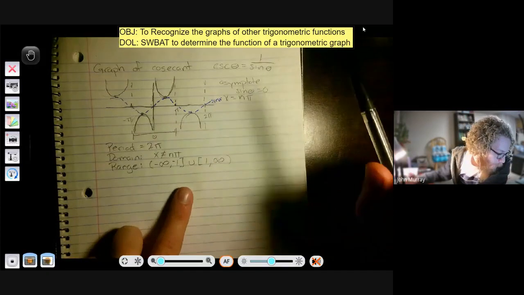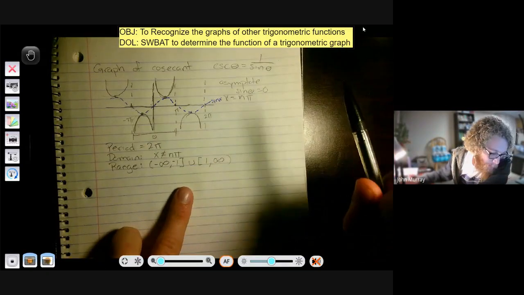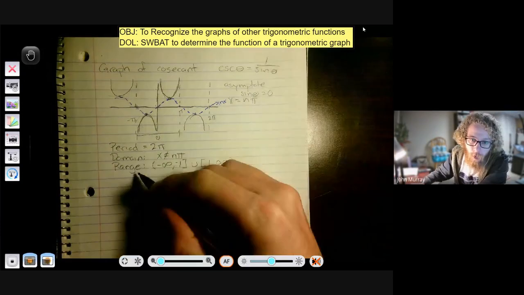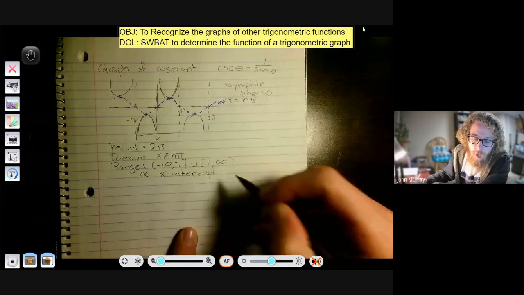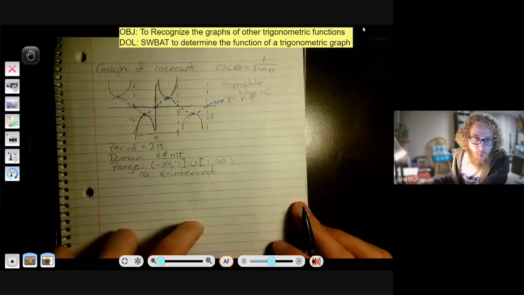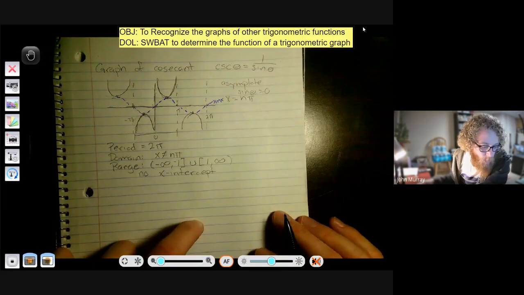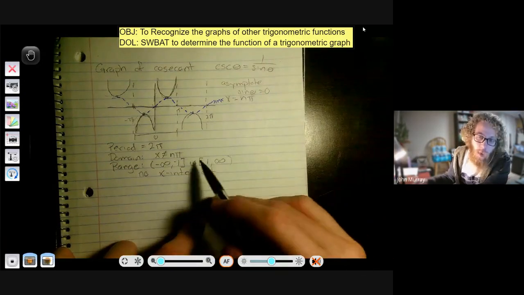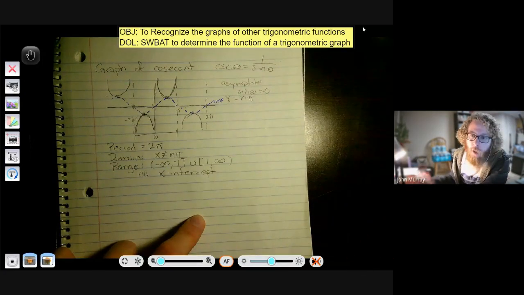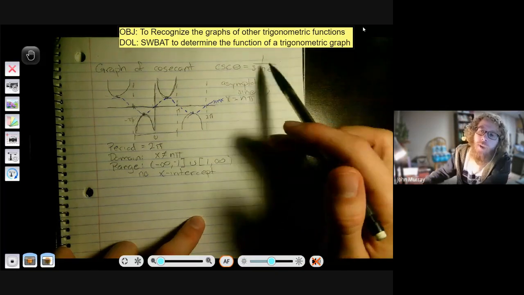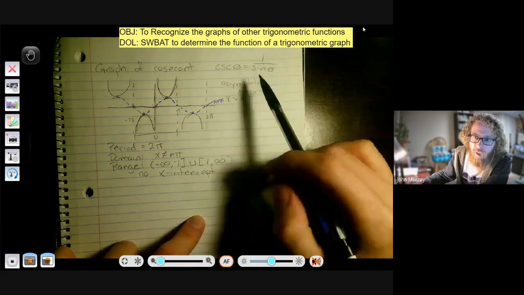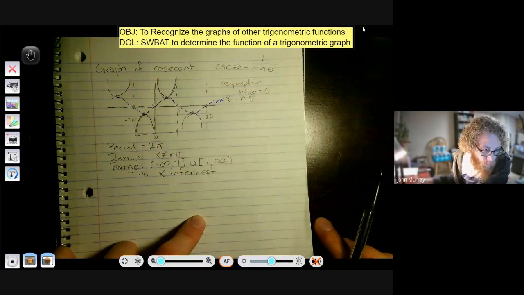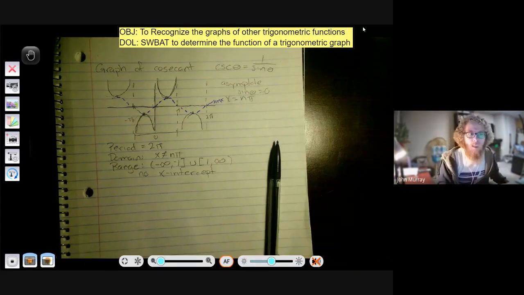All right? And then another interesting feature of this is we don't have any x-intercepts, right? Because the way our range behaves, our function can never equal 0. I can never have 0 here, right? Because I have that 1 in the numerator. If I divide by 0, it gives me an asymptote. All right? Well, we're running out of time, so just real quick,